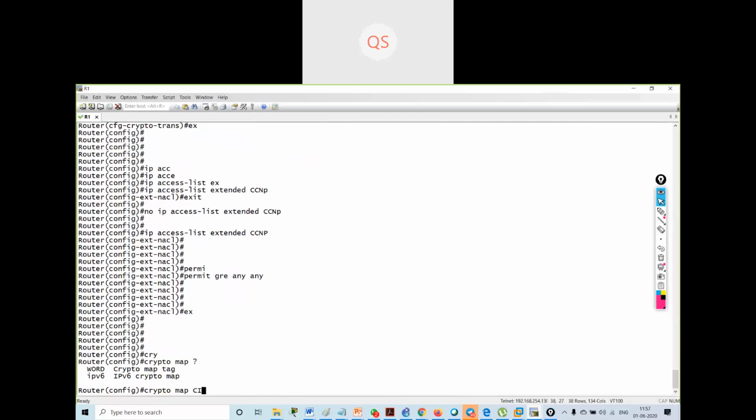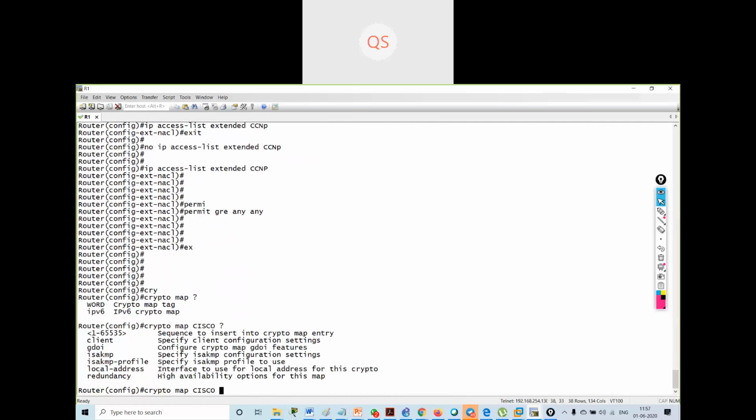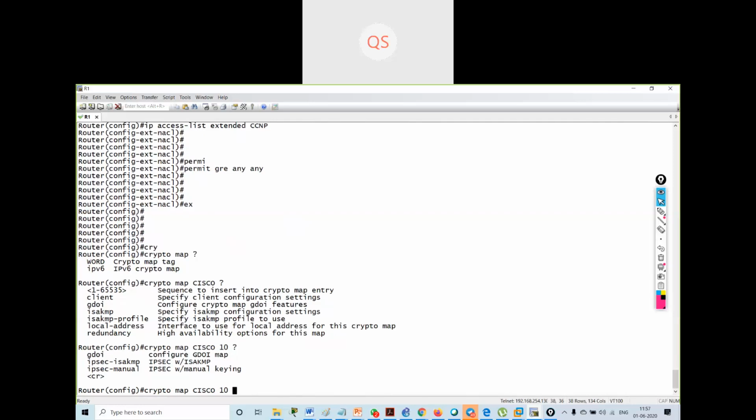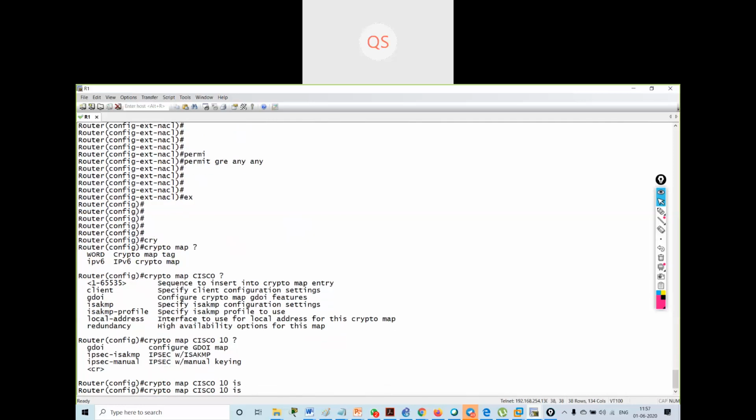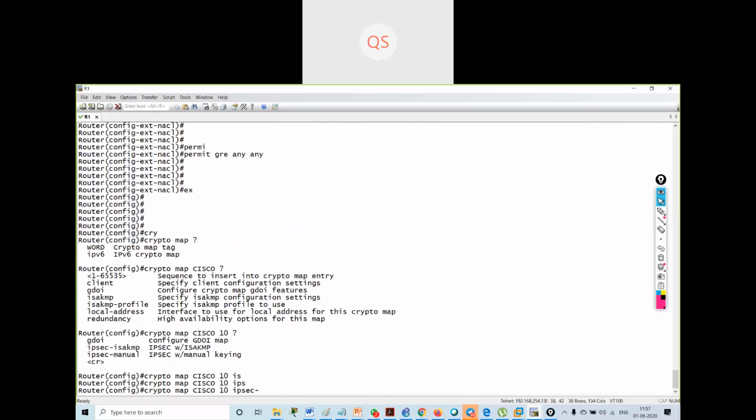I will create crypto map Cisco, sequence to insert into crypto map entry. I'll say 10. Then use IPsec ISAKMP.